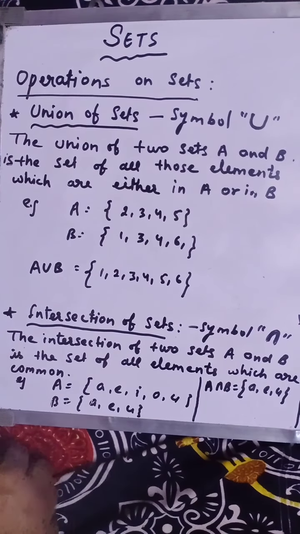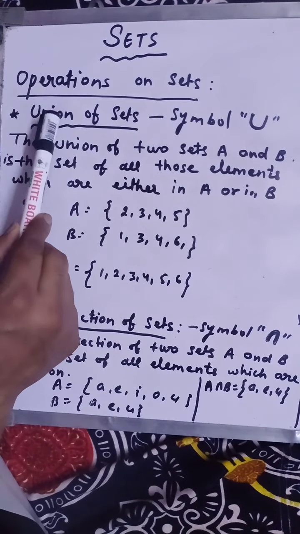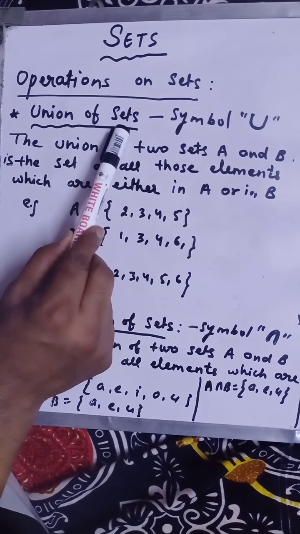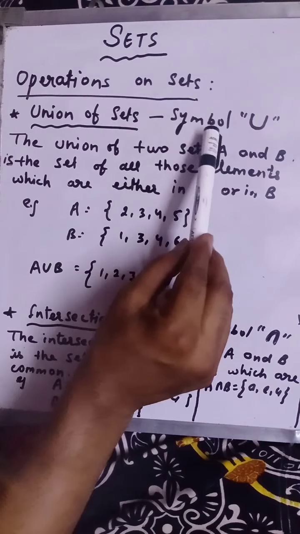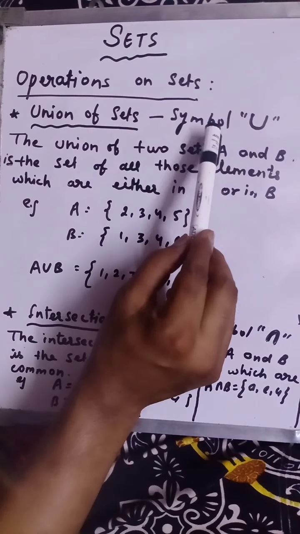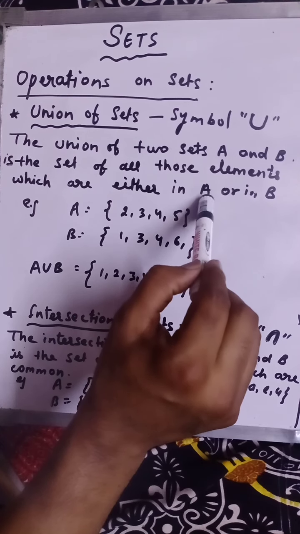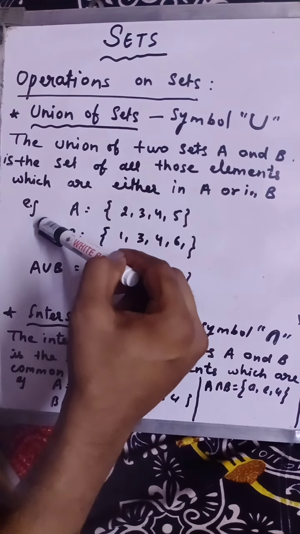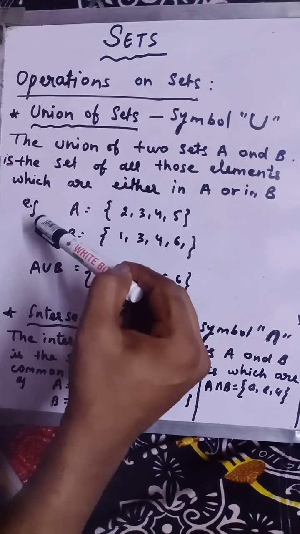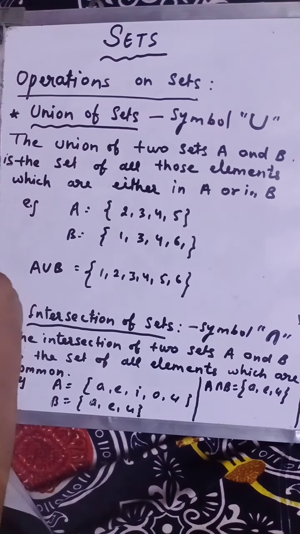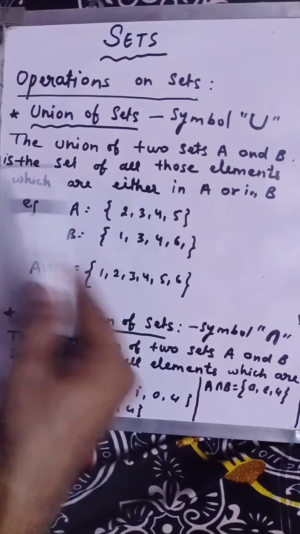So our first operation is union of sets. Union of sets means what? First of all, this is the symbol of union of sets. I'm coming to the definition of union of sets, but before that I will take an example, and after solving this example I will come to the definition. Now see,